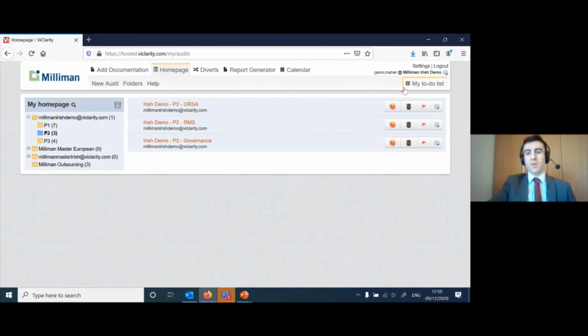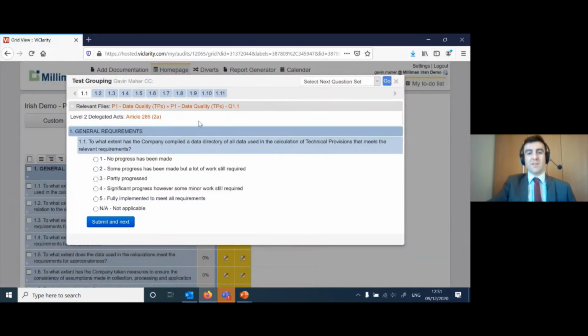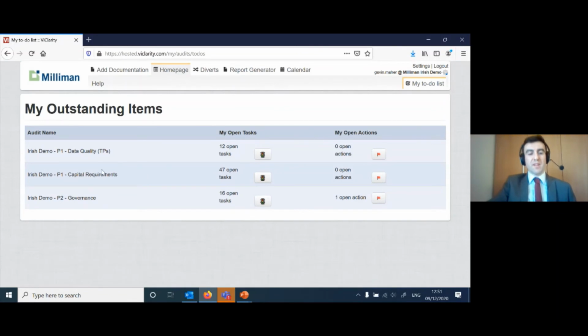So one is here on the right, you'll notice this My To-Do list. If you click in here, it'll show you tasks. You can see these traffic lights, they'll bring you back to questions that are unanswered. You'll see these open tasks, and if I click into here, it'll bring me exactly to what I have to answer. So on data quality TPs, if I click this grid view, you can see the questions that I still have outstanding are popping up. It'll give me that overview of everything I need to do. And it'll be really useful if you have people from certain departments that have to answer questions across different pillars. It's a good way to have this all together to sum it up.